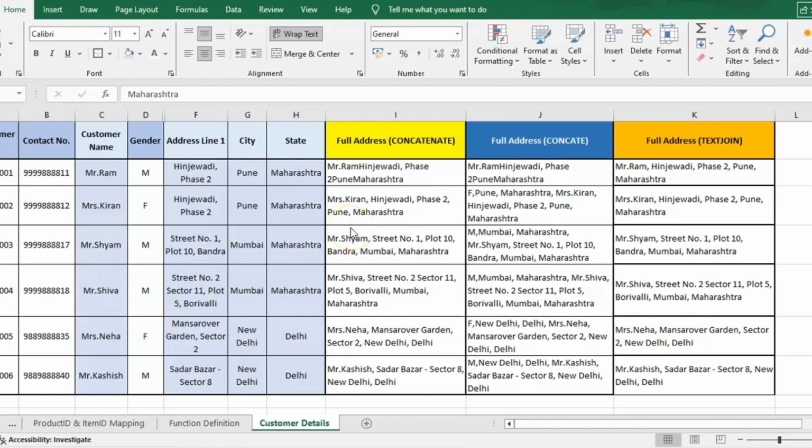So our sample query or the problem statement was to get full address from the given customer details data. We will try to get the full address by using all the three functions separately. Our full address consists of customer name in concatenation with address line 1, city and state. Starting with the concatenate function. To apply